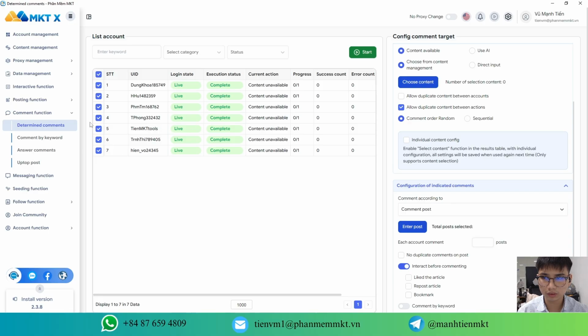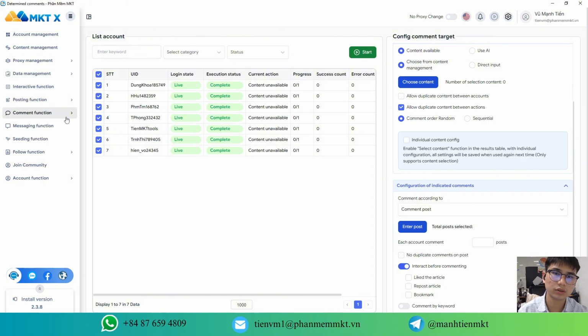Next is keyword-based commenting. This feature works exactly the same. Enter your keywords. Tick the extra interaction options if you want, and then run the task. Overall,